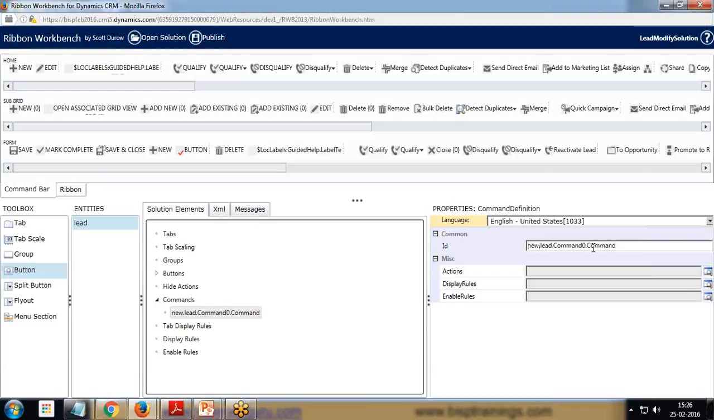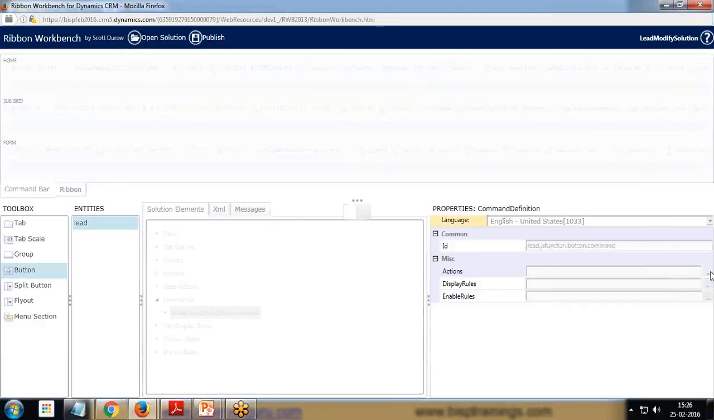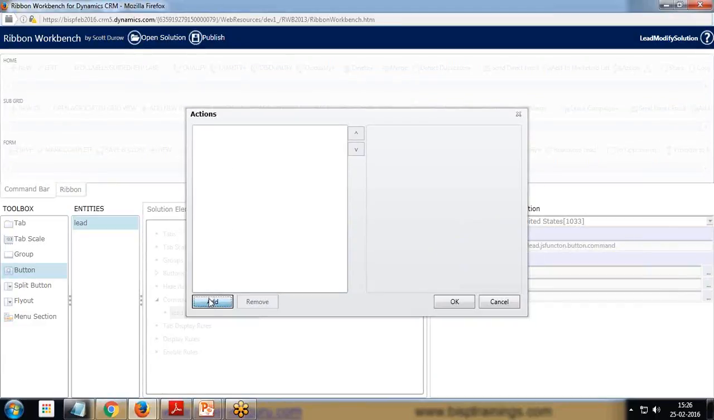If you want, we can do the customization as well. So I customize it, lead dot js function dot button dot command. What action will this command do? So this command will call a JavaScript function. So I click on add,